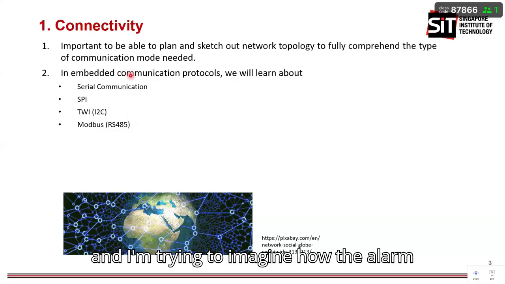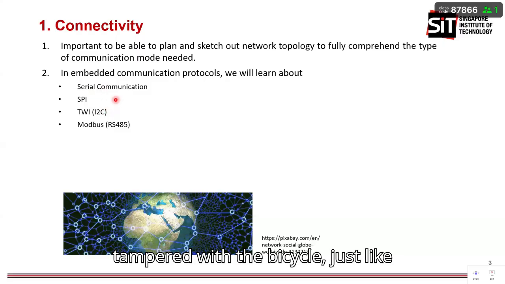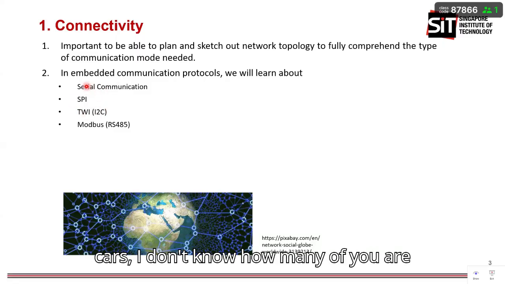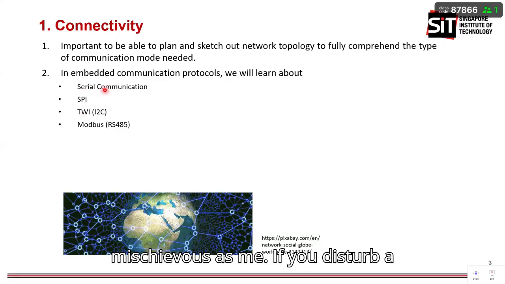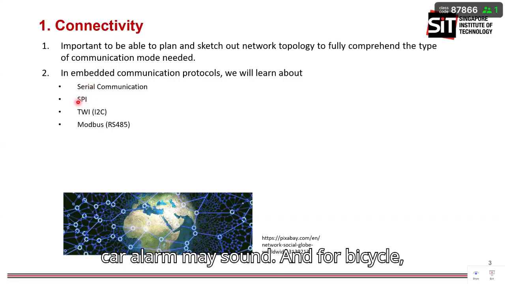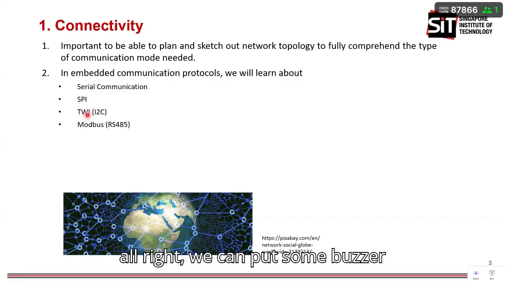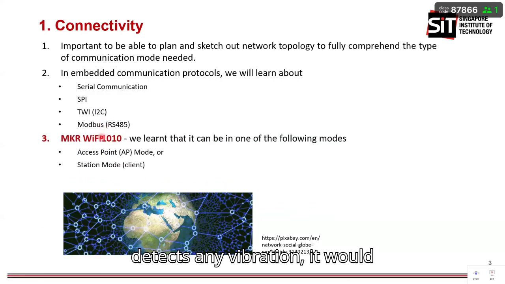In your previous lessons in week 4, where you learned about serial communication, you learned that with UART, RS232 is point-to-point. You are allowing 2 devices to get connected. When you learn about SPI and I2C, you learn that there could be multiple slave devices. When you learn about Modbus, this is the industrial grade kind of communication that extends the distance that devices can connect. But I think coming back to what MKR Wi-Fi 1010 is capable of in terms of its